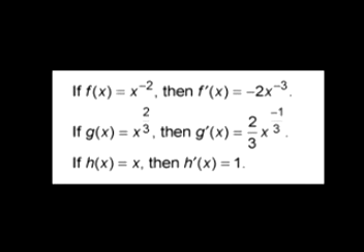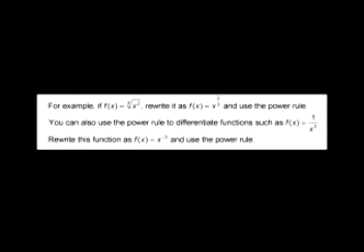By the way, do you see how finding this last derivative follows the power rule? Hint: x to the 0 power equals 1. Tip: you can differentiate radical functions by rewriting them as power functions and then using the power rule,